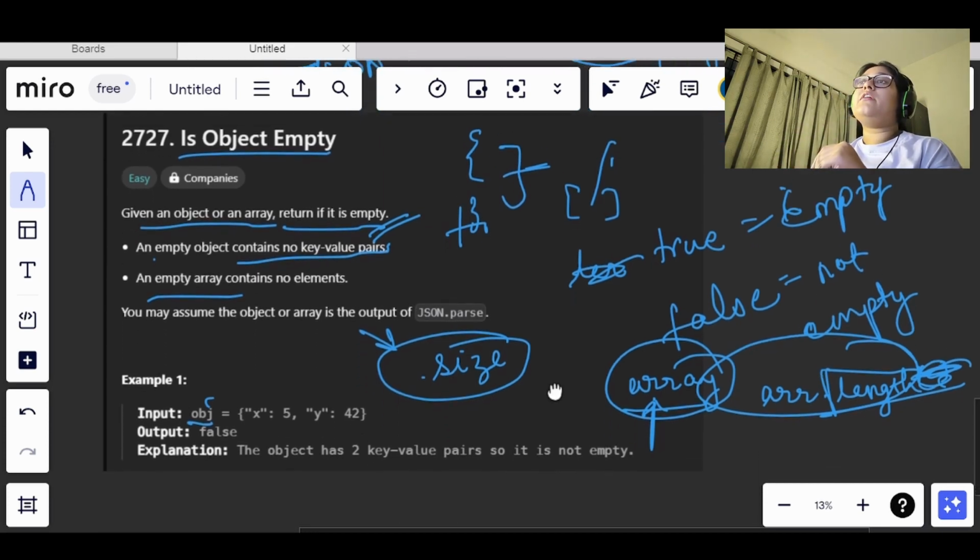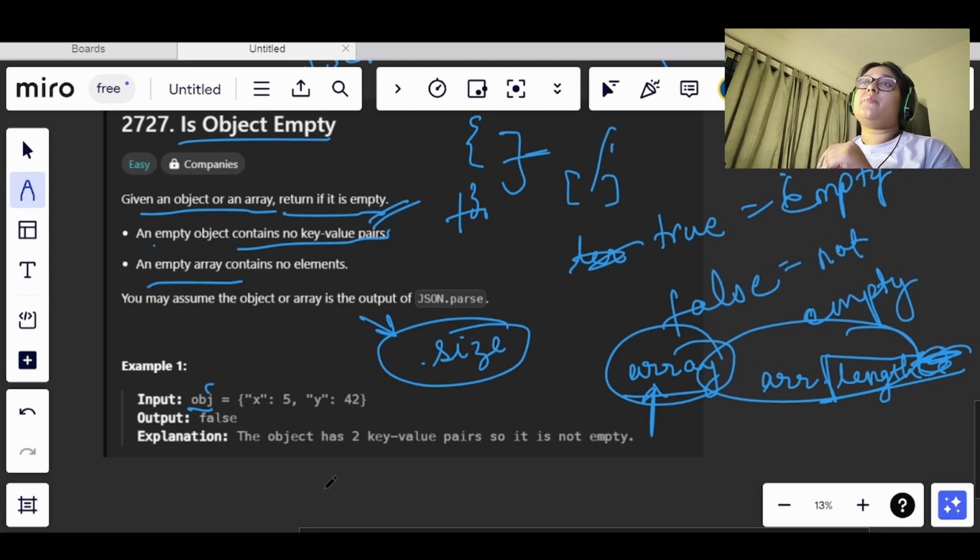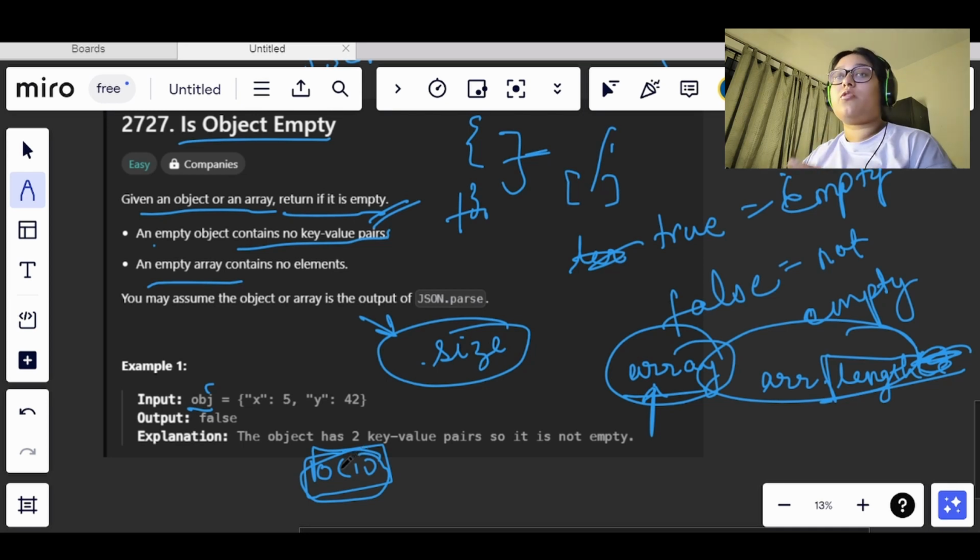Okay, and in the note of this question it was mentioned that we need to try to complete this in O(1). Okay, so let's move on to the approach, and we'll see how to solve this question.